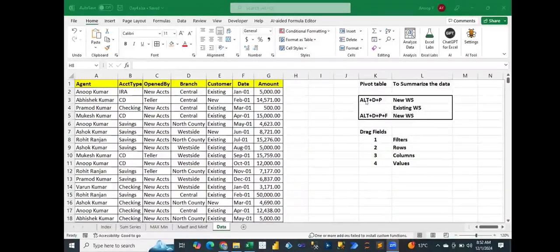So pivot table is one of the most important things in Excel, because pivot table is basically used from the reporting point of view. For the reporting purpose, we prefer this pivot table. So this pivot table basically helps you to summarize the data. For example,